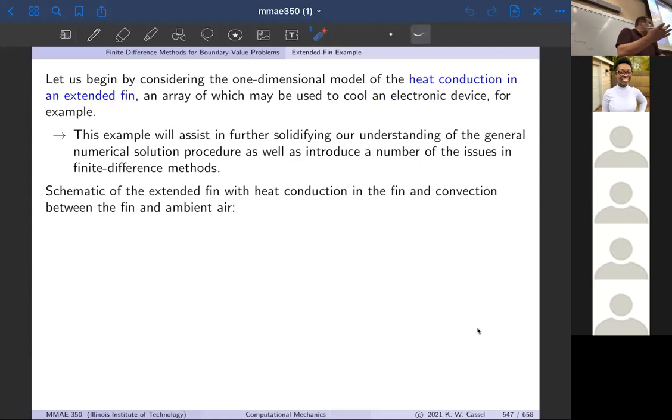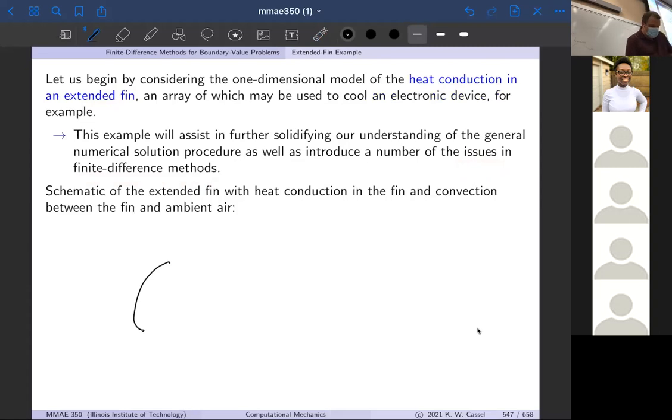And so we're going to use this as a way to think about the numerical solution procedure. Remember the three-step numerical solution procedure. So we'll walk through those 3 steps again. And it will help us to identify and think about how to resolve some of the issues that come up in finite difference methods in a particular setting. All right, so let's